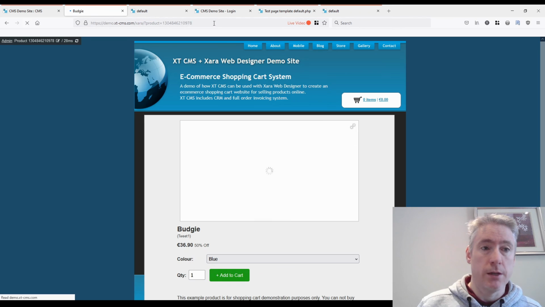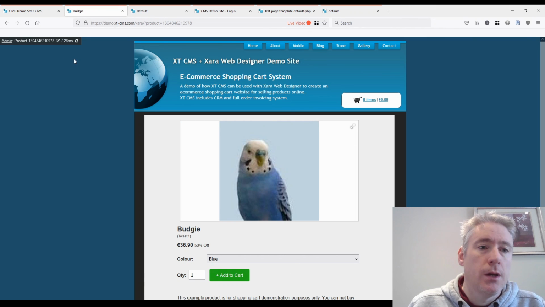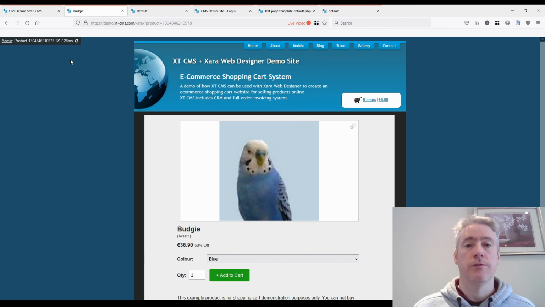So if I just refresh the page, this is how it's pretty much loading normally. And so if you click this refresh button on the browser, it's just refreshing on the client side. Whereas when you click this refresh button, it's telling the CMS to do a full refresh and scan through all your theme files and any template tags you have, and replace them with the necessary PHP code and all that sort of stuff.